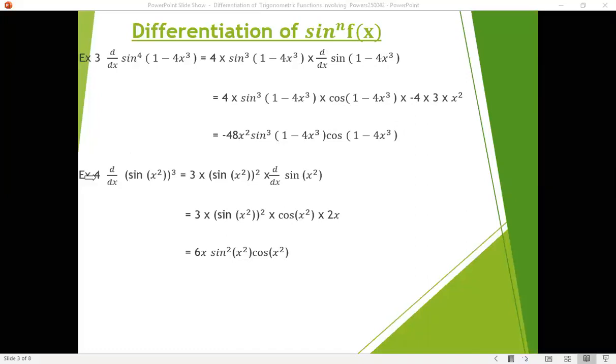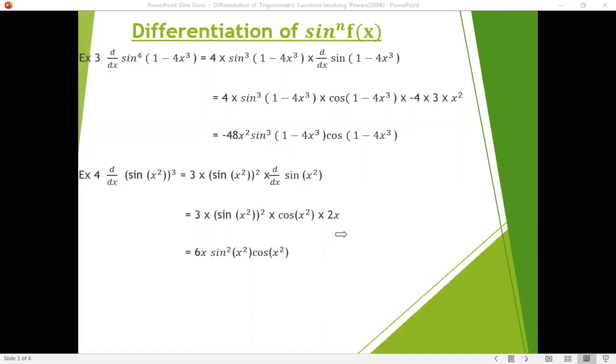Fourth example, derivative of sine x squared to the power of 3. Same rule applies. Bring the power down, subtract 1 from the power, and then multiply by the derivative of the sine function, that is the derivative of sine x squared. The derivative of sine x squared is cos x squared, multiplied by the derivative of fx, that is the derivative of x squared, which is